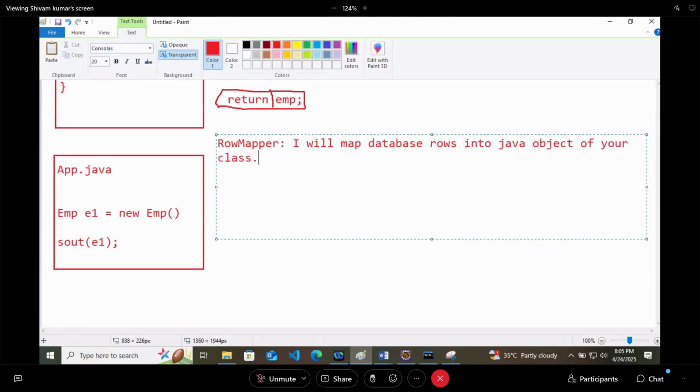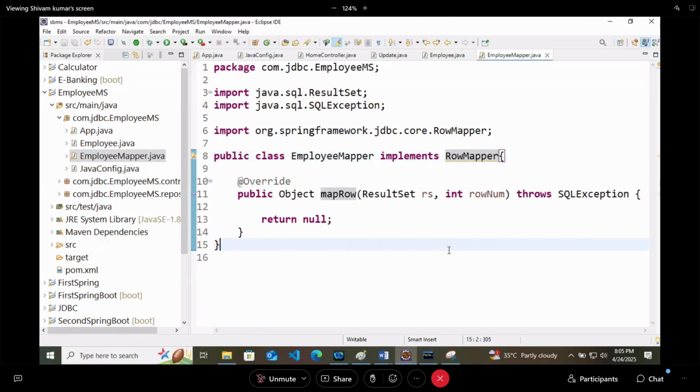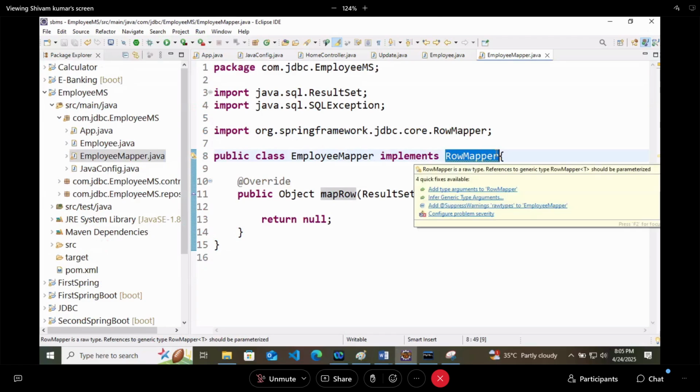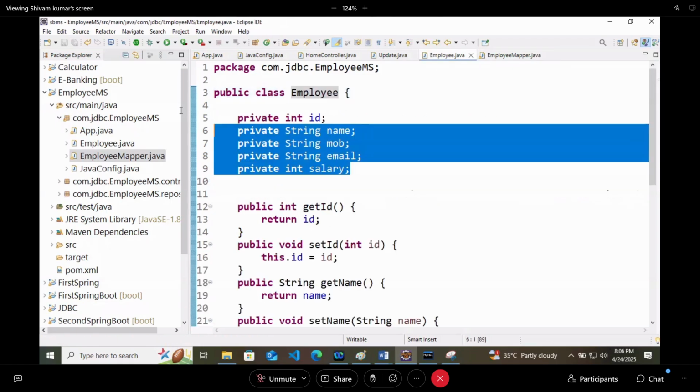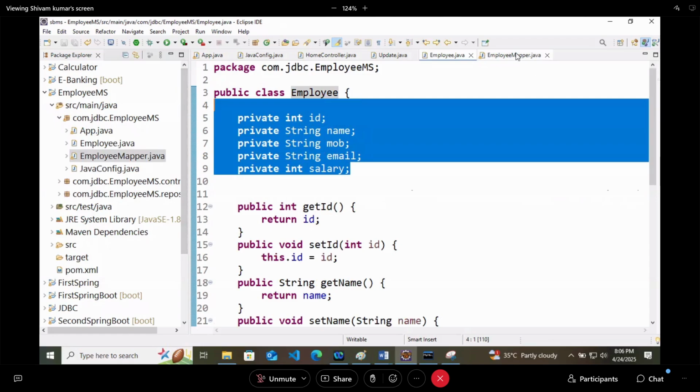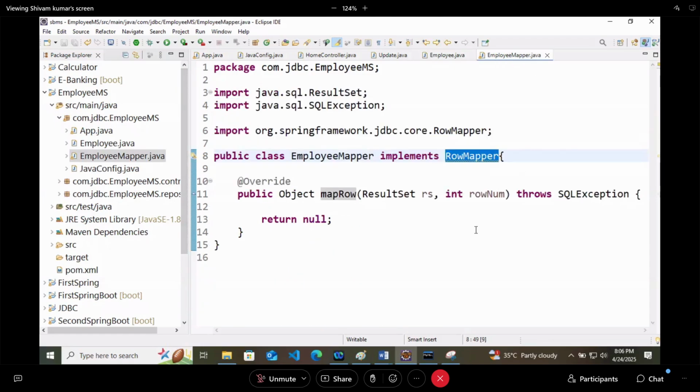Which class? Are you telling this row mapper which particular class to map? Are you providing that anywhere? No. We want employees, and we are not telling that to row mapper.